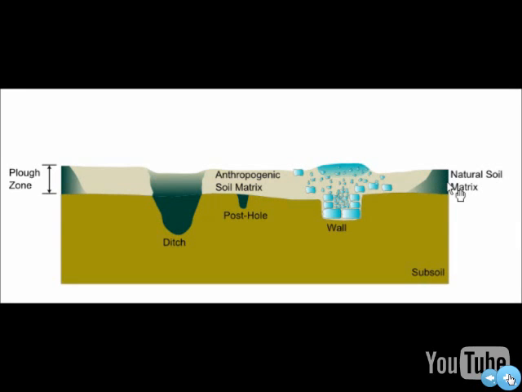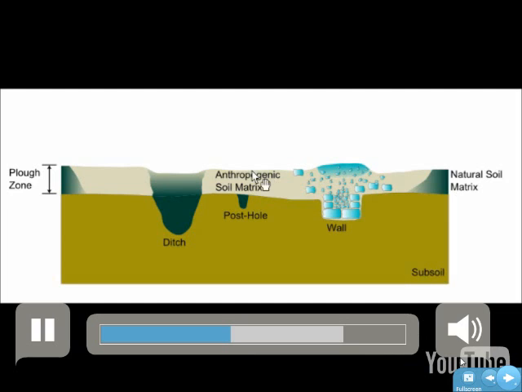So obviously we can detect these just by looking at the soils. There's differences in the soil matrix because you have mixing here from the ditch sediments with the natural soil. You have your differences between your anthropogenic soil and the natural, and again you're going to have larger clasts come in with the wall. The one that we can't see is a post hole because it's too small a feature